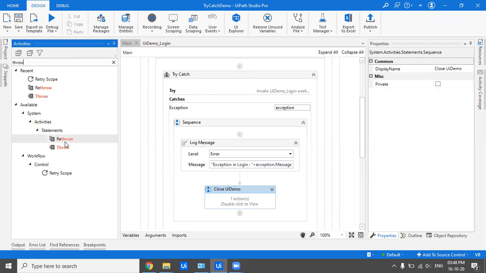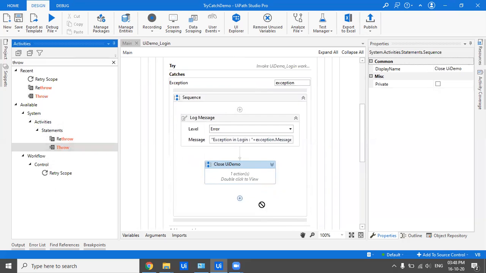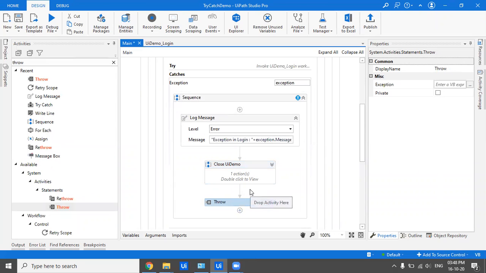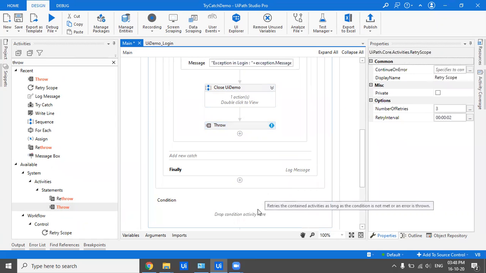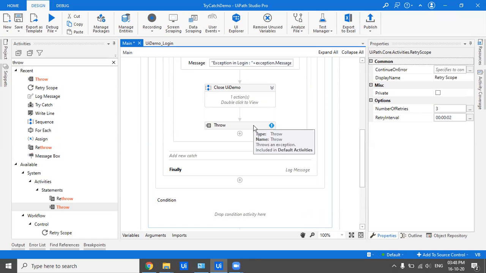Or if I've given a condition in the retry scope, then that would be checked. As of now, I've not given any condition on the retry scope, on which I have to retry. So I can drag in an element exists and check whether the application has been logged in or not. If it has been logged in, I can put a condition here to not retry. If I have not been logged in, that element does not exist, and based on that condition I retry. So there are two ways.